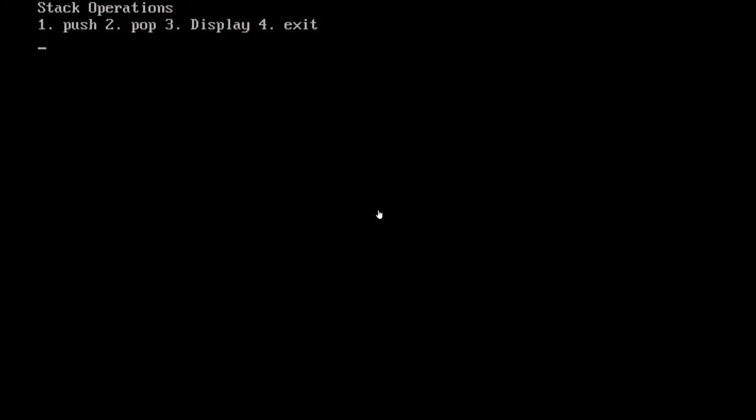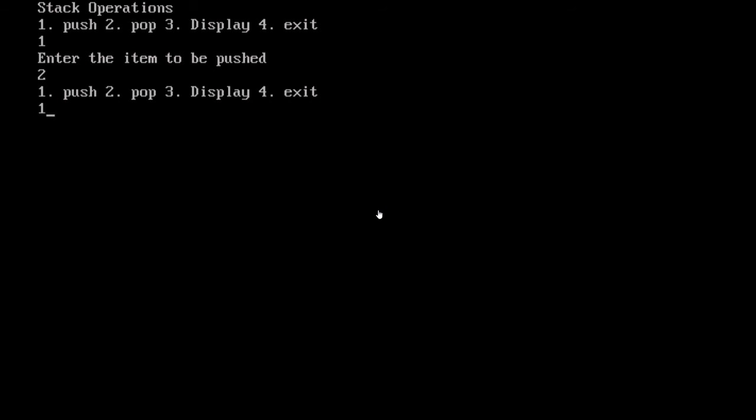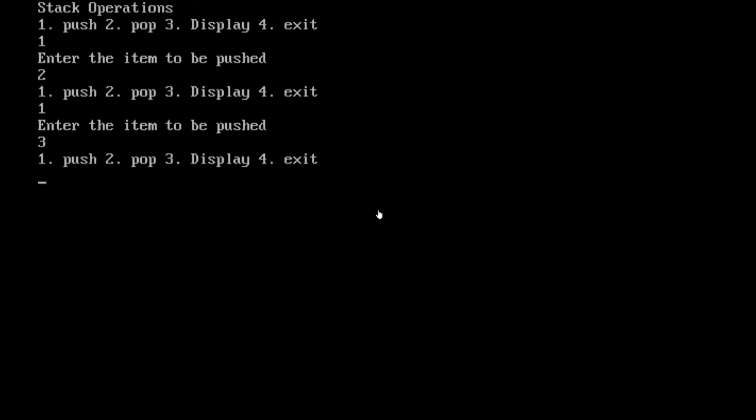See the output screen here. I'm just going to enter the choice 1 here. It means I'm going to do the push operation. Enter the item to be pushed in. Okay, so there I have first entered 2, right? So I'm just pushing 2 here. Then again I'm doing the push operation. So I'm pushing 3. And then I wish to see the content of my stack, so I'm giving the choice here as 3. See the content here, 2 is in the bottom position and 3 is in the topmost position,